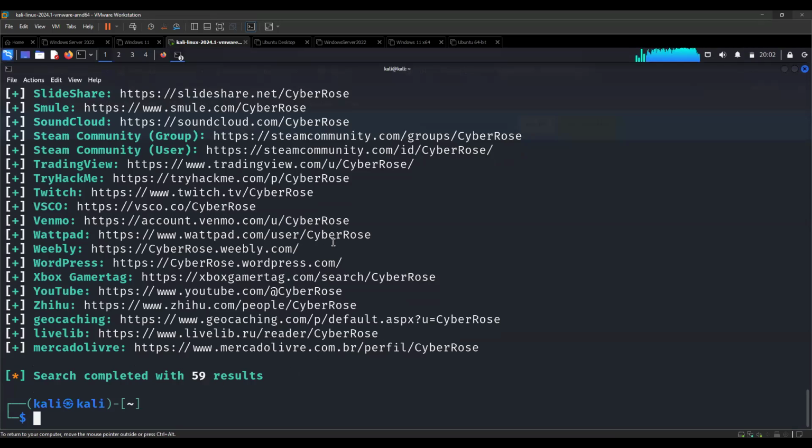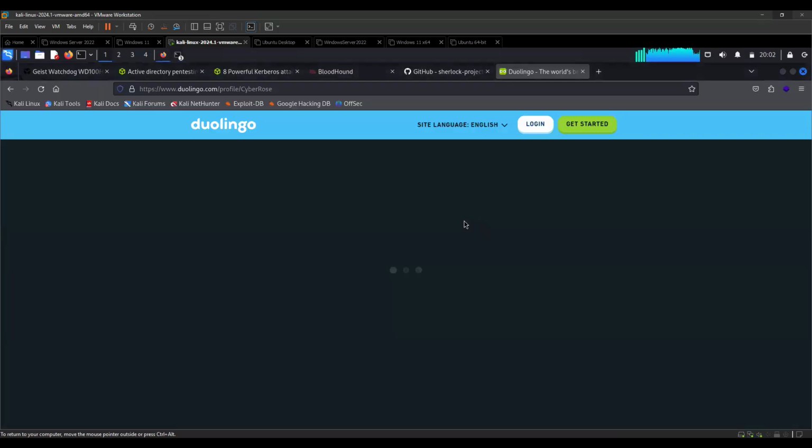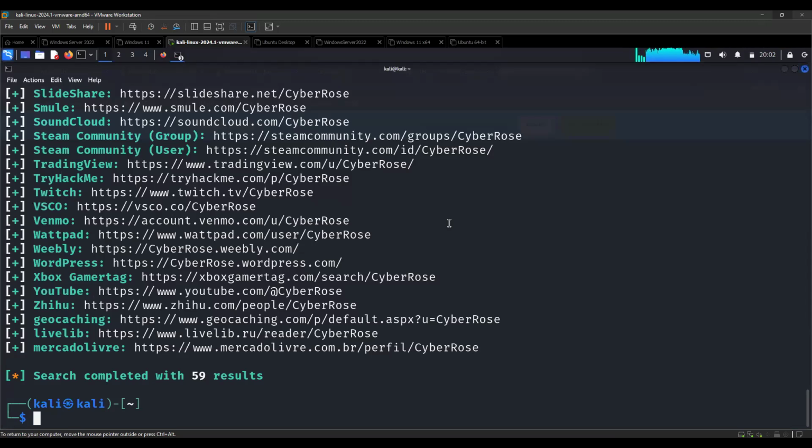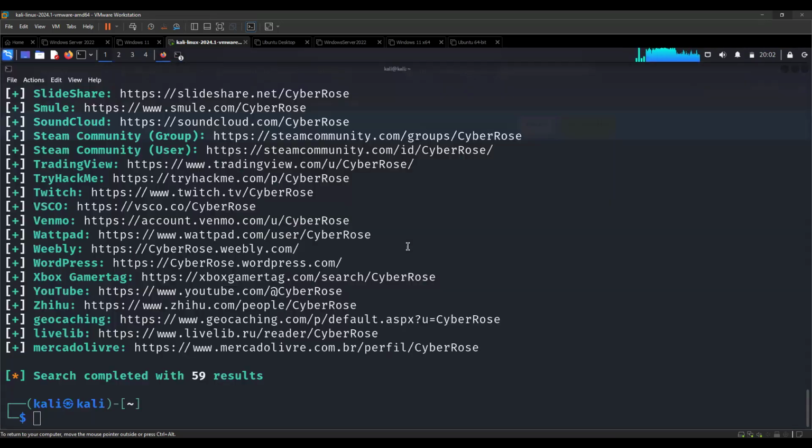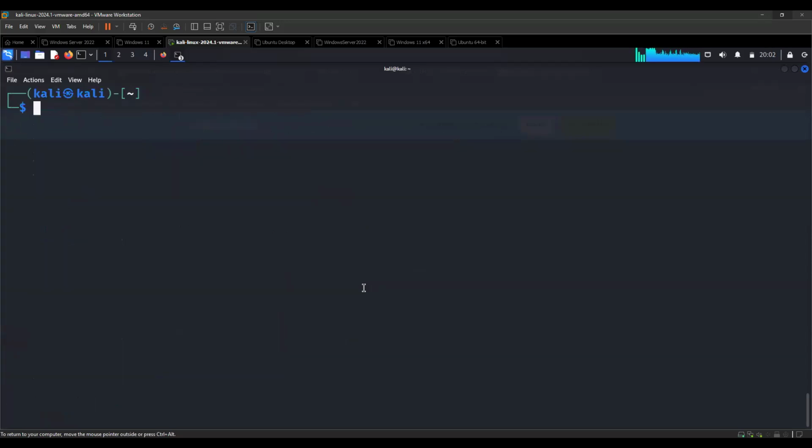Okay, this is also done. But I think we kind of get the idea at this point, right? It's just use the Sherlock command and then provide the username you want to search for. Or you can also put the usernames in a file and do multiple searches that way. So I think I will try to do for the other two we have.